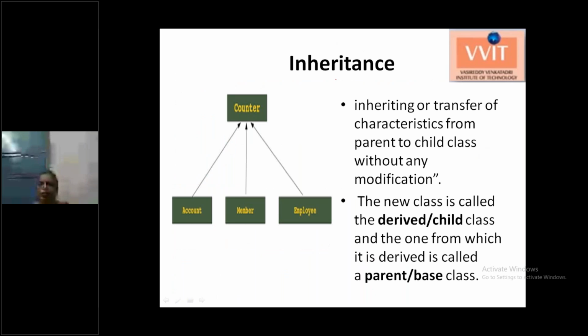Now let's see the inheritance topic. Inheritance is nothing but this: there is a class which already exists, and we create multiple classes as derived classes or new classes. A simple example of inheritance is, say, a school that wants to computerize its operations. At the initial stage, whenever the software is developed for the school, the school has only classes 1 to 5, or 1 to 10. The school started with the first class to the 10th class.